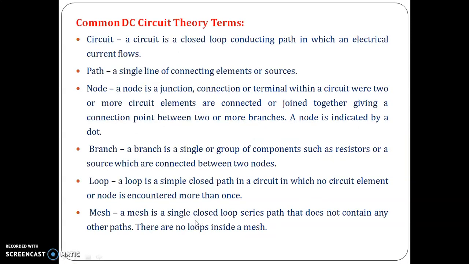So these are the common DC circuit theory terms, which I have already told. In a circuit, a path is nothing but a single line of connecting elements. A node is nothing but the junction which is represented by a dot. A branch is a single component or group of components such as resistors or sources connected between two nodes. Whatever the component connected between the two nodes, it constitutes a branch. A loop is nothing but a